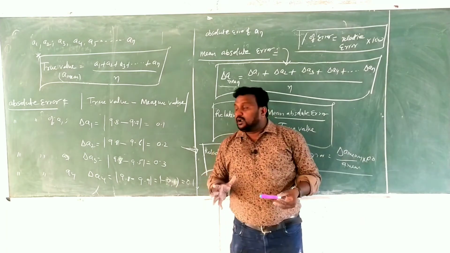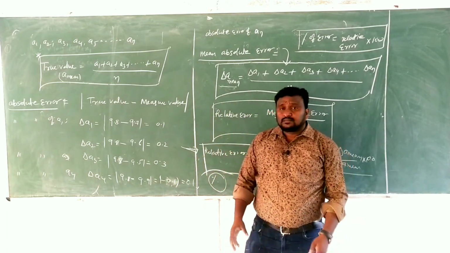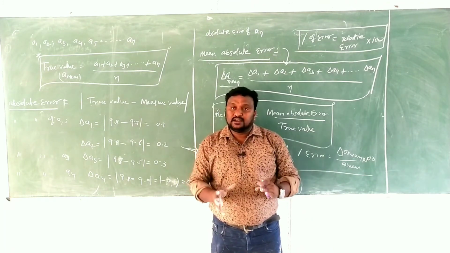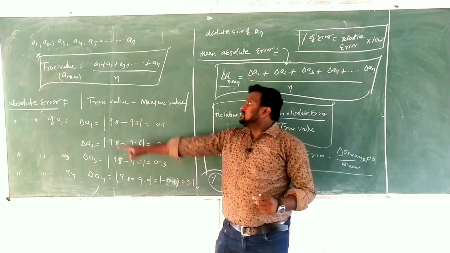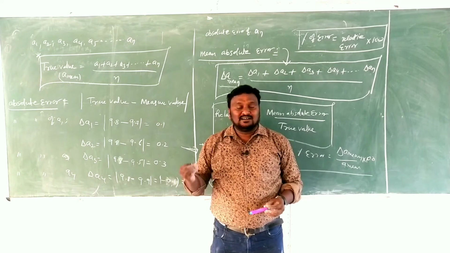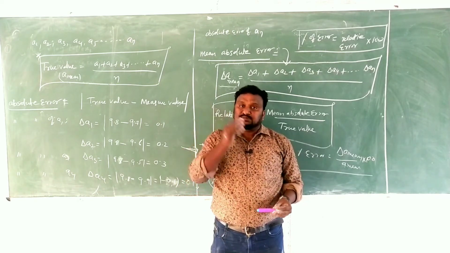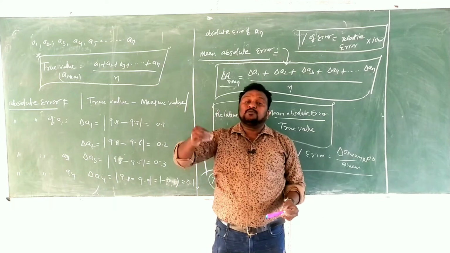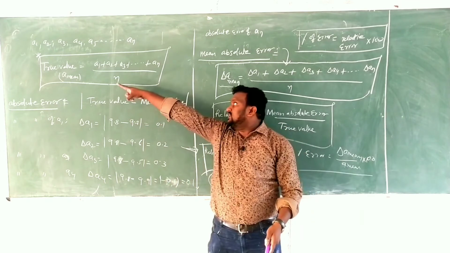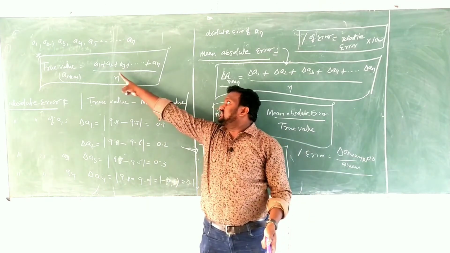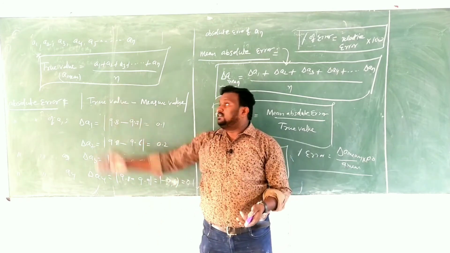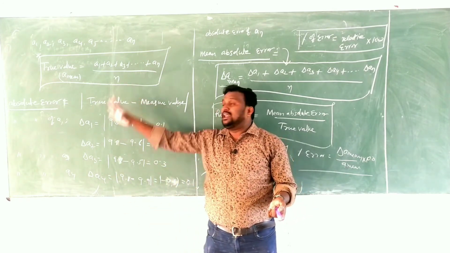So children, very important here, just watch it again. What is the true value? We did one experiment. In the experiment, the values we measured are A1, A2, A3, A4 and so on, AN. All these are the measured values. In any experiment, the average of all the measured values should be called the true value. That's why the true value can be written as A1 plus A2 plus A3 and so on, AN by N. It is the average value, A mean. A mean is also called the true value.